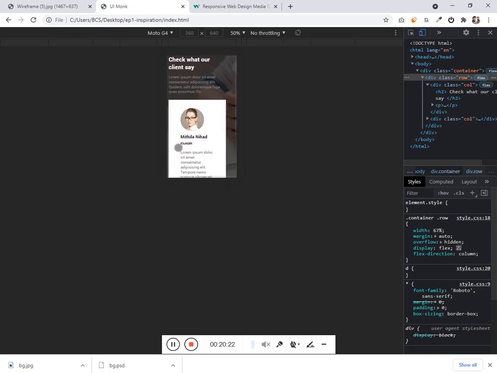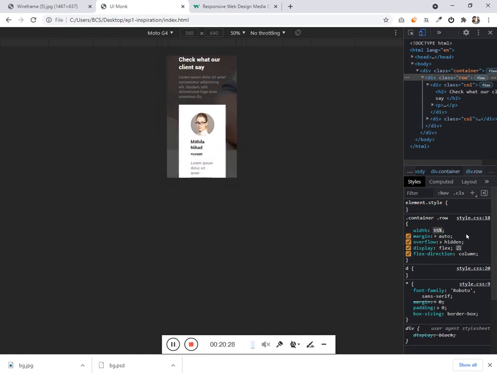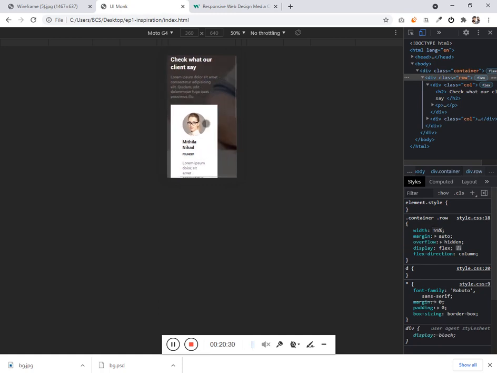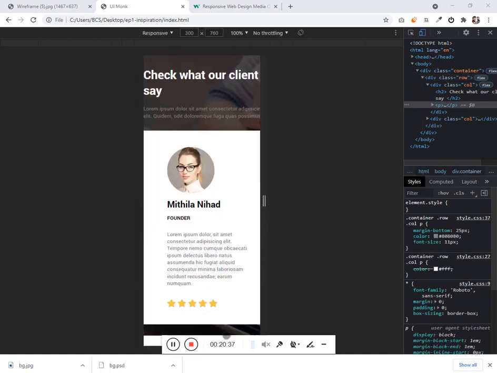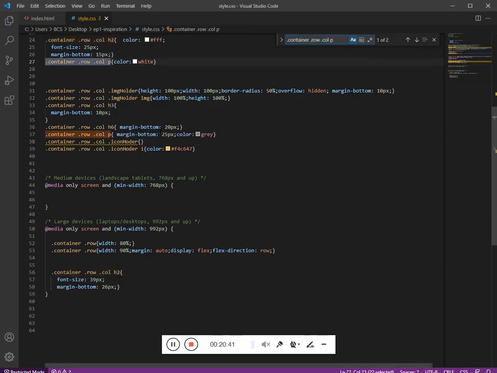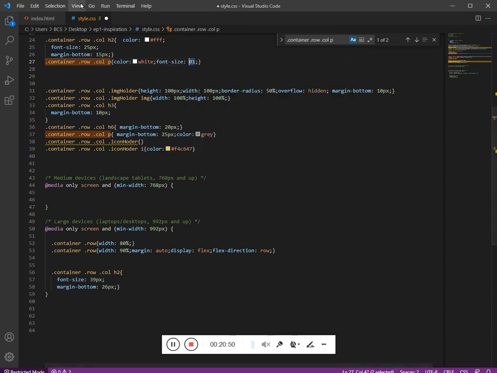Let's try to reduce the width. So let's make the paragraph font size 12 pixel. Refresh this,